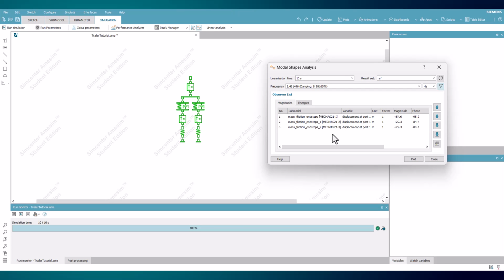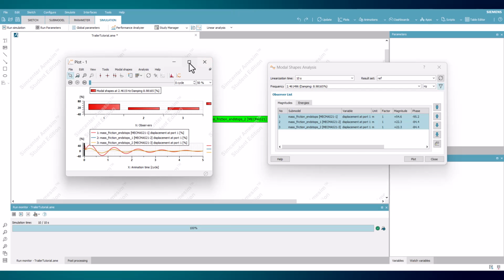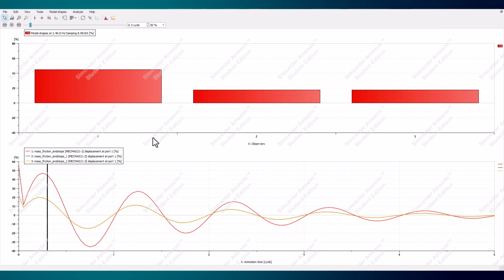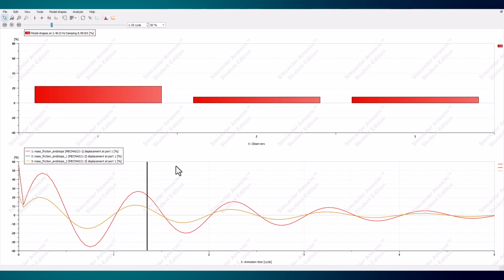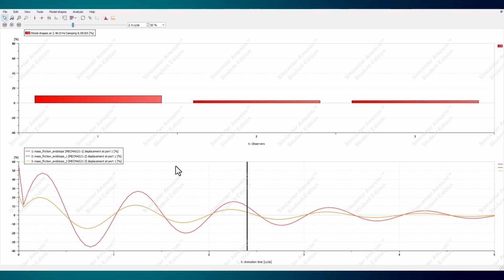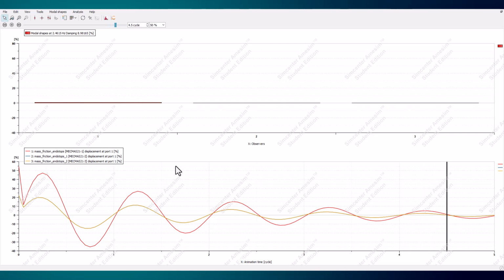Each variable can be displayed as a plot to see the change in magnitude across the simulation. To do this for the first frequency, select all the masses and press plot. A new window will appear, and when pressing play, 3 bars corresponding to each of the masses will move, showing their behavior with them all oscillating together before being damped out.